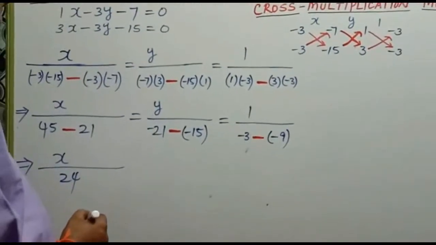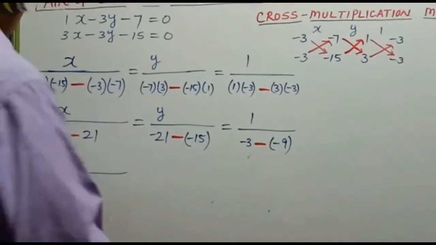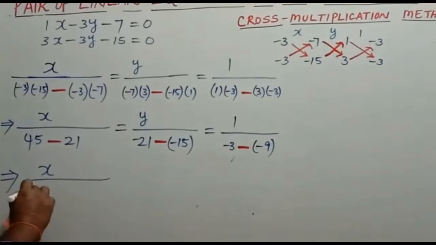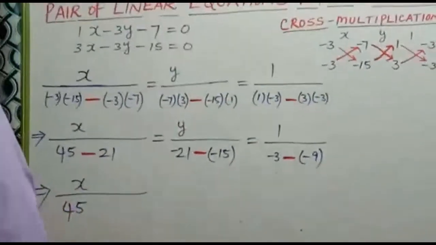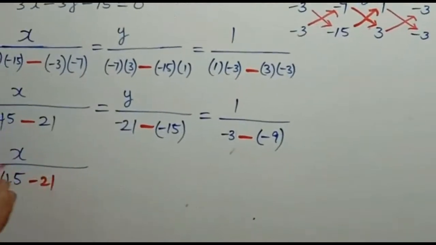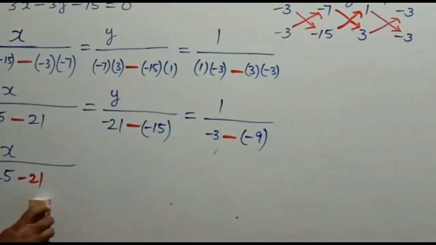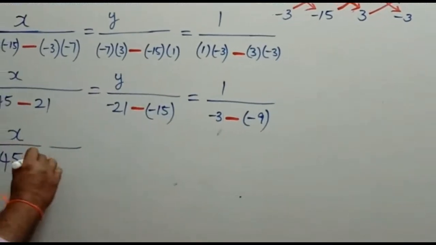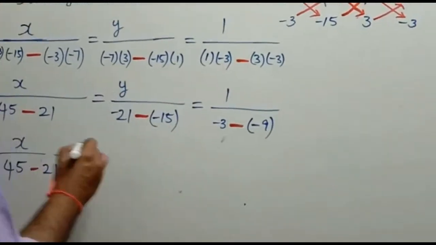First I will write 45 minus 21 is equal to